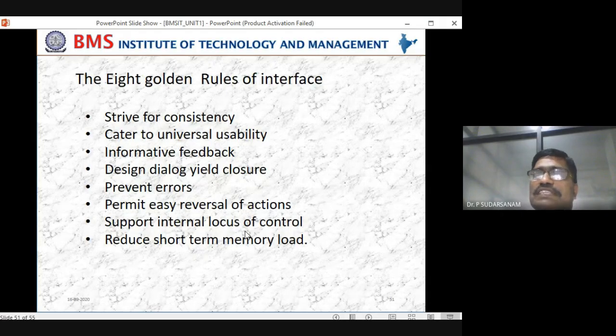When you go to the service sector, if you take a bank or showroom, whenever you are going, if they are not responding or working properly, sometimes we'll give a complaint. If it is genuine, they will take actions for that. So design dialogue yield closure is nothing but the actions to be taken. If the customer is not satisfied, or the person is not working properly, then they have to take the design dialogue yield closure. So sequences of actions to be taken.